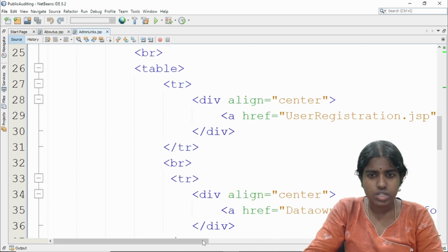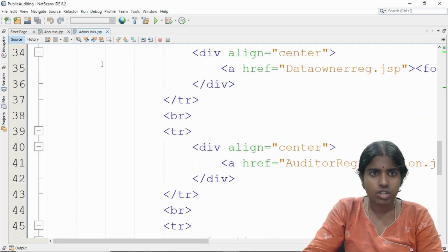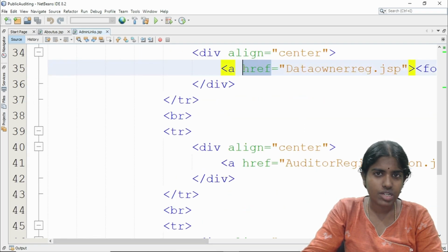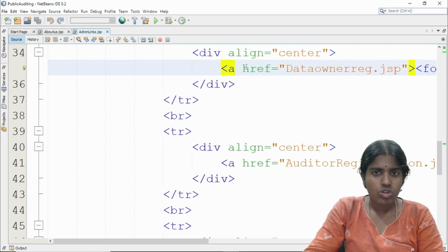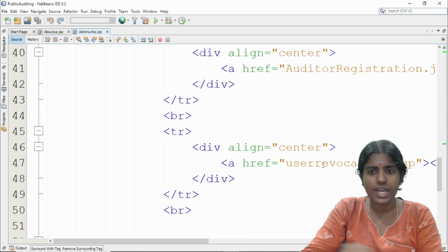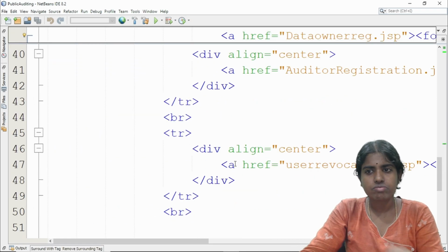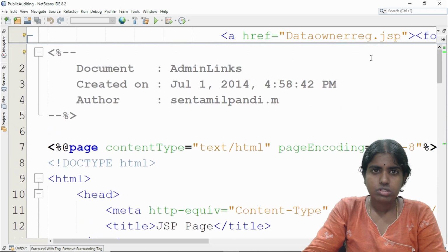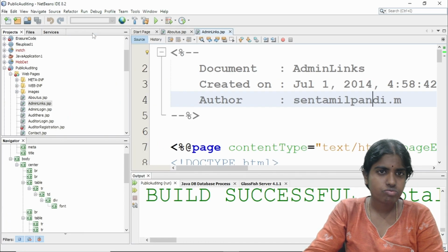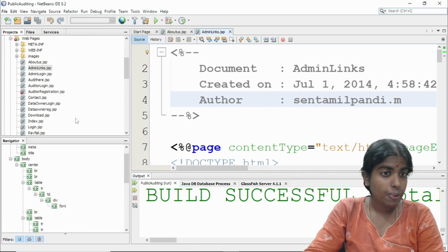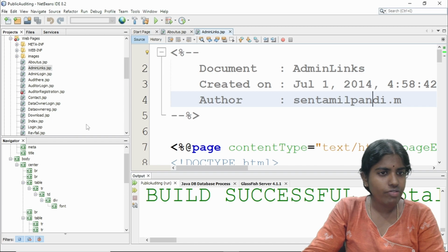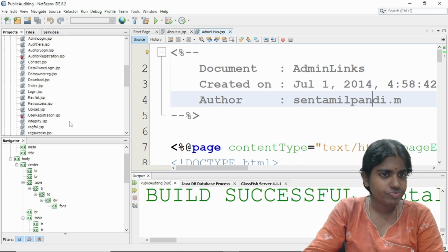So I have a user registration.jsp, whichever ahref data owner. Inside my admin links, I'm just creating an anchor tag. So what is the use of this anchor tag? It provides a reference to different .jsp files. So I have an auditor registration, I have data owner login form, I have data owner registration.